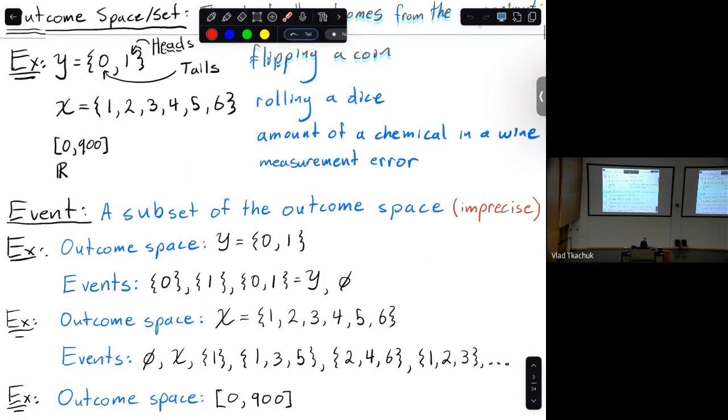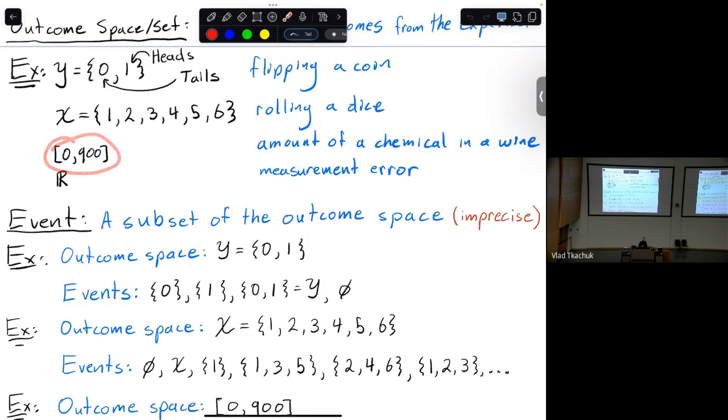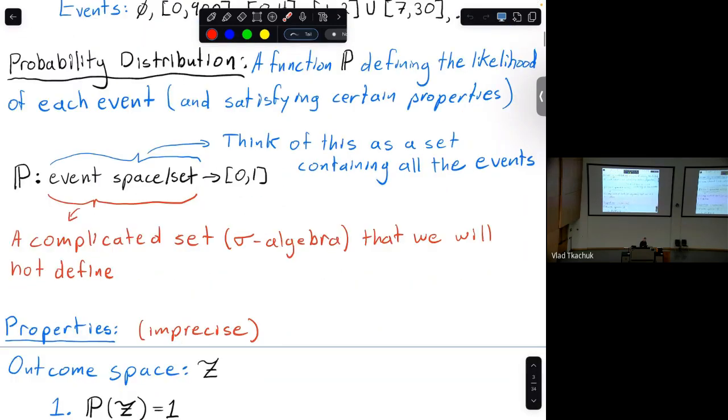Okay, so in the case of this, if your outcome space is the following, then it's actually going to be a very big problem if you defined this set to be all possible subsets of it, right? Because it turns out that you're not going to be able to, for mathematical reasons, define what is called a uniform probability distribution on this thing. If you take, let's say, the event which is half of the outcome space, maybe you want to assign half probability, well, you're going to have all sorts of problems